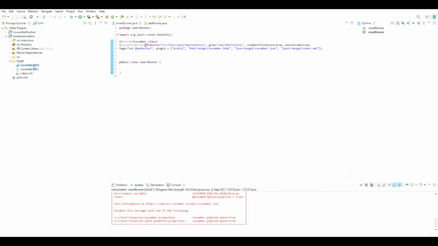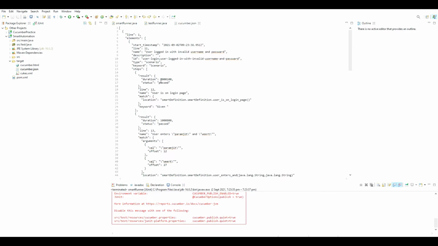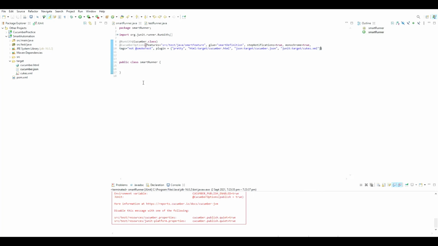Alright, so similarly you'll get the JSON report. If you want to open the JSON, just double click it. You can see this is JSON format reporting. Most of the time you will need to get this JSON report and submit it to your manager, and they will plug it into some other software to get some nice reports. This is the JUnit report. Maybe later on we will use it with Selenium. Alright, so that's how we can generate reports with Cucumber very easily using the plugin